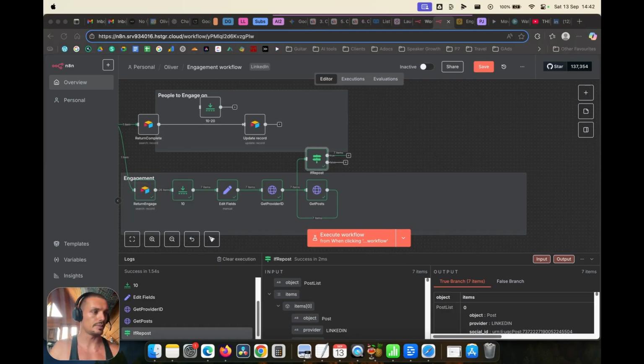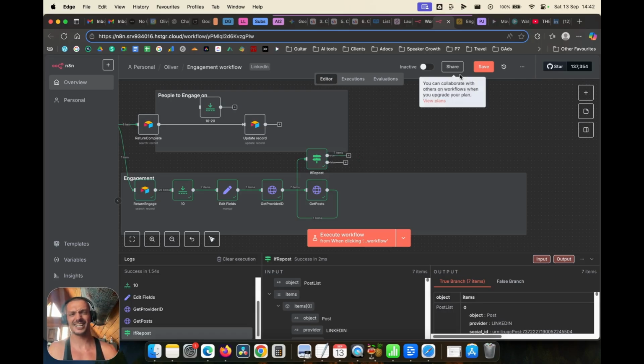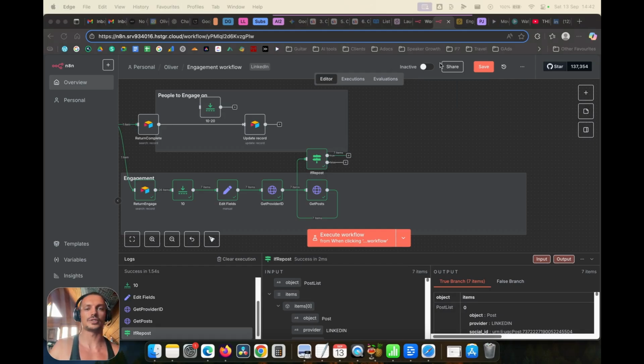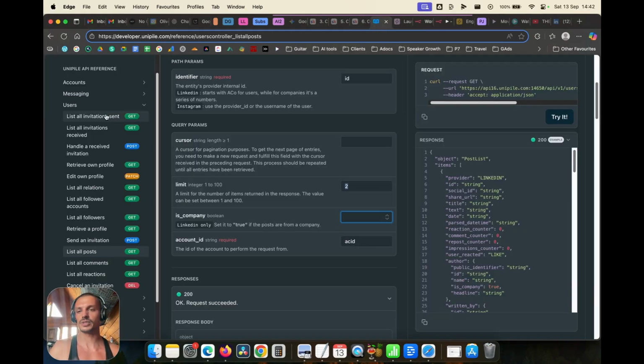So once we've done the repost check and confirmed they are indeed people we want to engage with, we then want to get the comments. It's really hard not to copy and paste, I'll be honest. I've tried to build this along rather than just copying over what I've already made. It's way more tedious. I can't believe I'm doing this. Anyway,